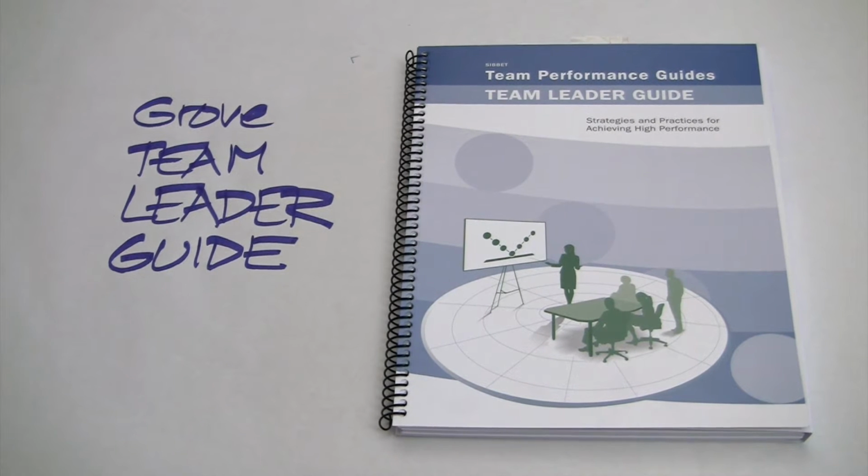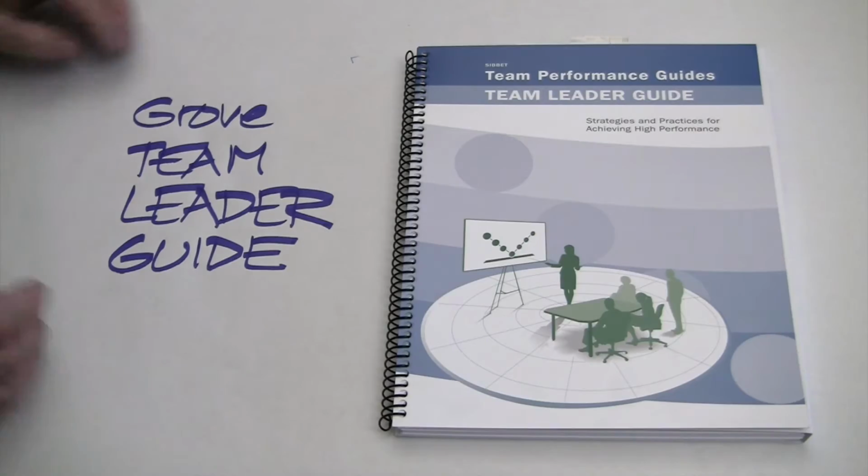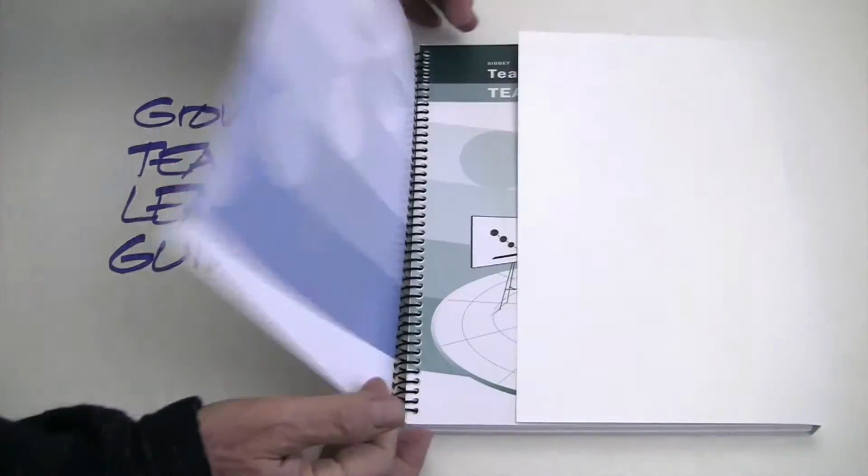Hello, I'm David Sibbet, and I'm going to do a little walkthrough of the Team Leader Guide, which the Grove and I authored, which is a comprehensive guide to the team performance model, practices that will help you go through the different stages, as well as strategies for handling the biggest problems. When you open the book up,